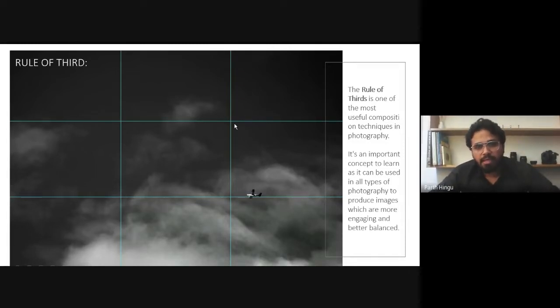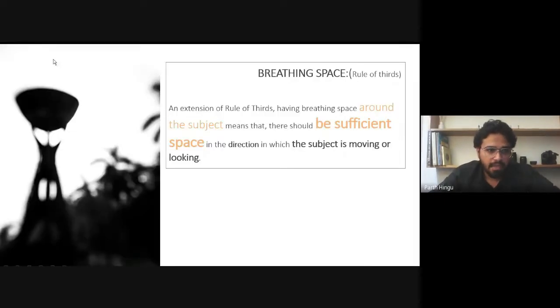If he is looking to this side, his head must be composed over here, giving breathing space in an image. Like here, I used this line as I composed this. This is at 1/3 of the image, and I kept 2/3 of the image clear on the right side. So composing is important in photography.